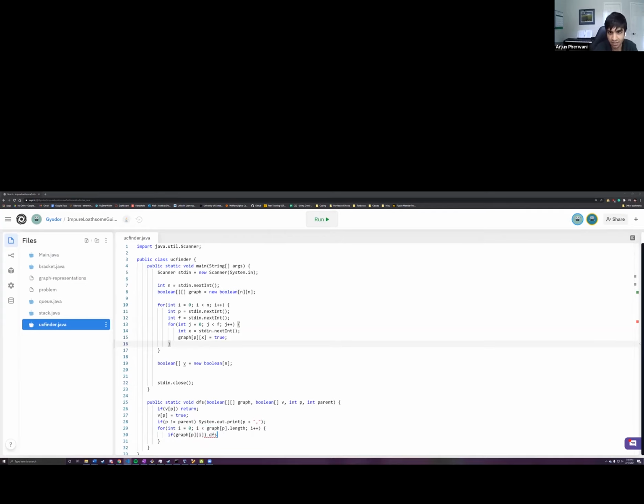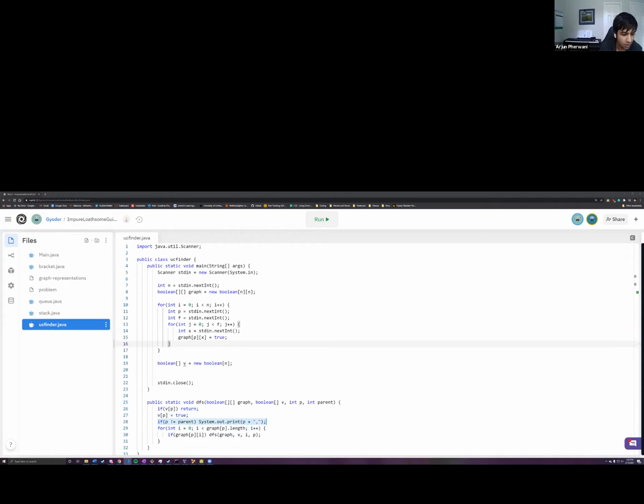Here, we're just going to call DFS again. So this is DFS. Again, if already visited, we return. We don't want to deal with all this stuff. Then we mark that particular person or node as visited. Then if it's not the same thing, we print it out.